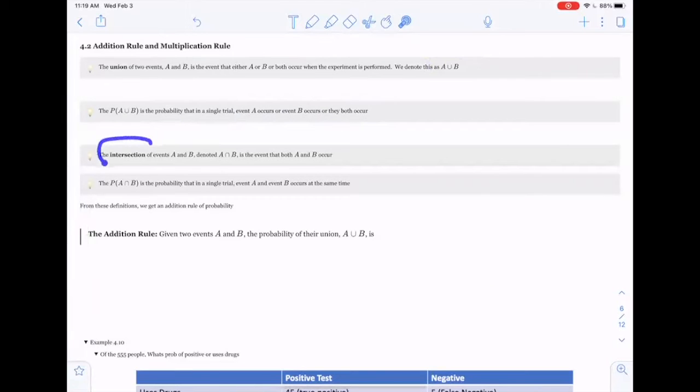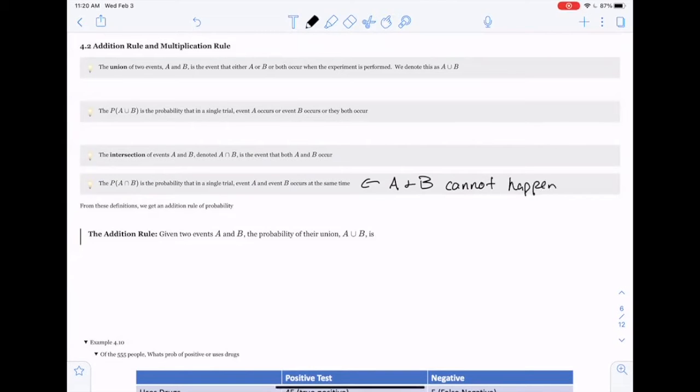We can have an intersection of two events. The intersection of two events A and B, which we denote with this upside down U, A intersect B, is the event that both A and B occur. And we can describe its probability. The probability of A intersect B is the probability that in a single trial, A and B occur at the same time, right? This one becomes a little bit difficult because there are going to be cases where A and B cannot happen at the same time,